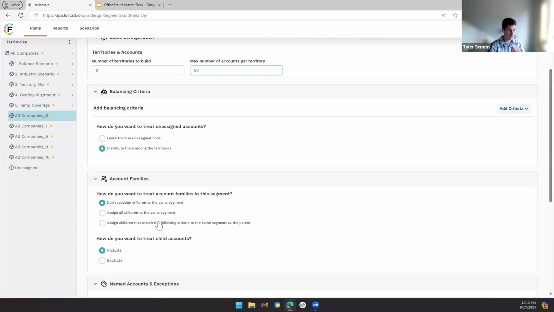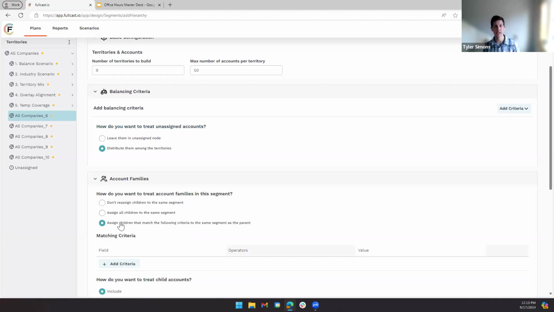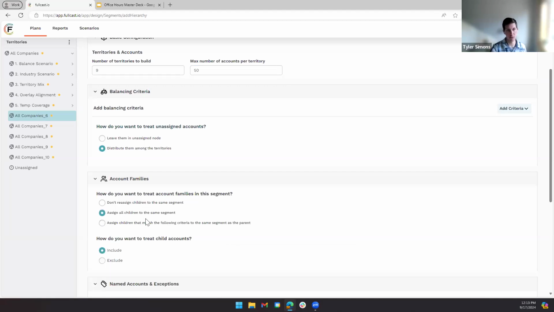Corporate families: we do consider the corporate families in the balancing, and you can choose to treat everybody on their own, so subsidiaries and parents are all treated separately. You could choose to keep the subsidiaries with the parents. And then you could also choose to keep certain subsidiaries aligned to the parent based on certain criteria that you specify down below. In this case, if we were to have chosen to assign all children to the same segment as the parent,